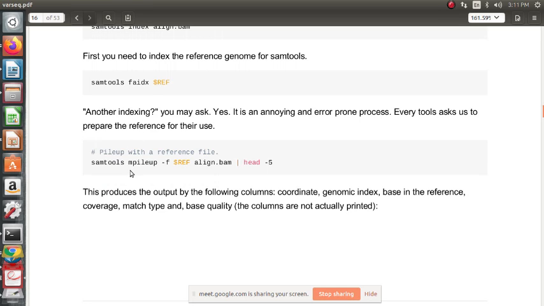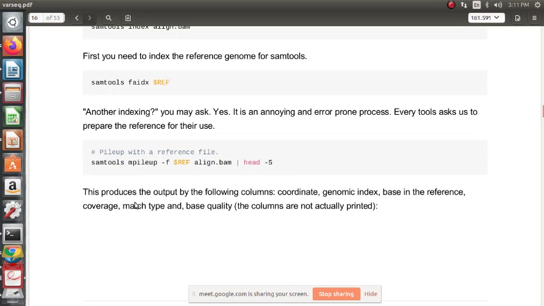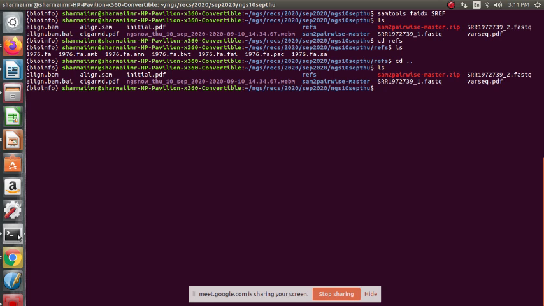Okay, and then again with samtools we do the pileup with the reference file. So this is the pileup command. Last time we already did pileup, right? That was with which tool? In the case of variant calling, BCF calling, yes, within calling we did the pileup command with bcftools.